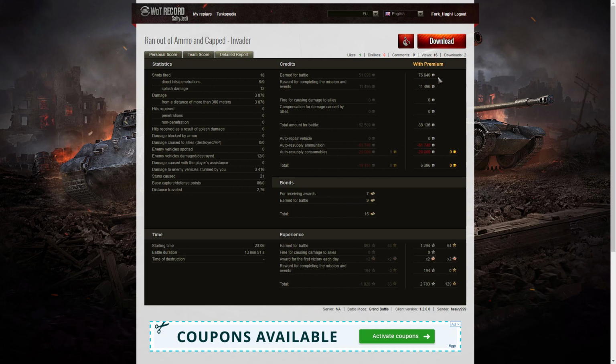On a premium account, he earned 76,640 credits. He got 11,496 for completing a mission and events. Brought up a total of 88,136, and after ammunition resupply and consumables, remember he was running premium consumables and he did use a fair amount of premium ammo, he actually only ended up with a profit of 6,396 credits. But he did get 7 bonds for the awards and 9 bonds for taking part in the battle on tier 10, so that brought up 16 bonds in total. He also picked up 1,294 XP, times 2 for the first victory, 194 for completion of the mission,